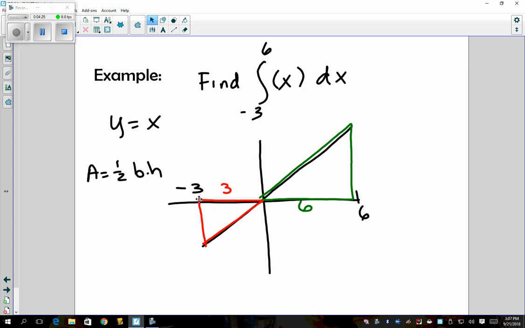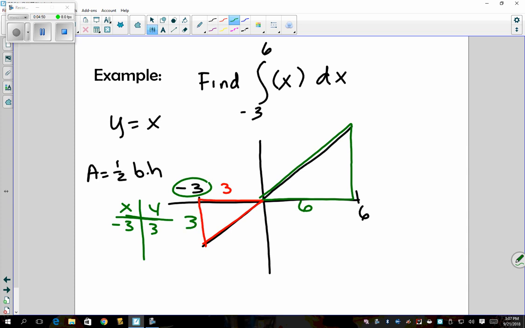So how can I find the area of the height for these triangles? Well, I can simply plug my x values into my function, y equals x. So I'm given -3. If I make a t-chart real quick, when I plug in -3 for x, I get out -3 for y. So this side I get -3, and if I plug in 6 for x, I get out 6 for y